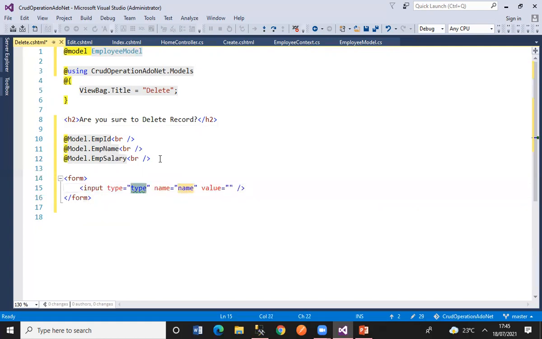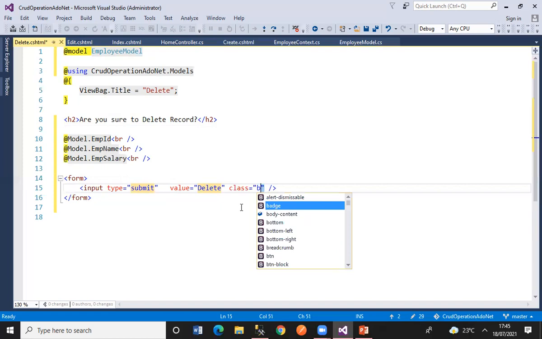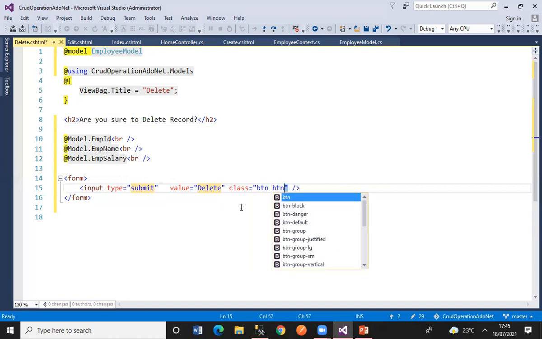Let me write input type. What am I going to write for type? Type is equal to text... and name... I don't require name because I'm just taking a button, right? Sorry, let me take input type submit button first. This particular button doesn't require a name property, but here we will change the value to delete, and here we are going to take a class. This class we are going to take as button warning. This is the button we are going to take, guys.